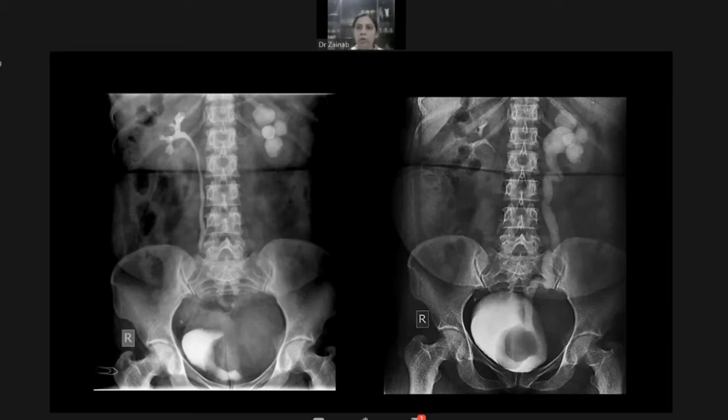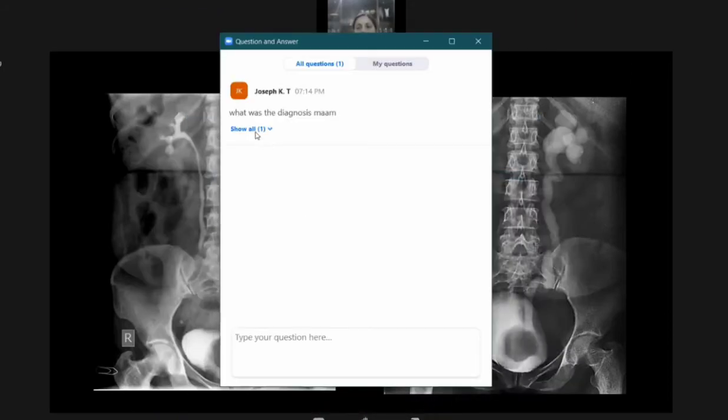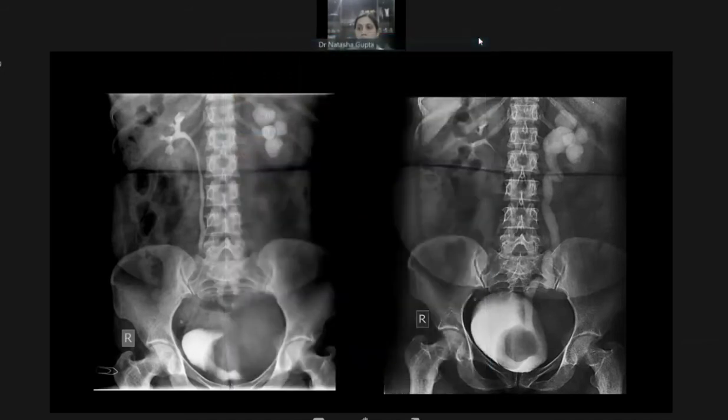Right, ma'am. So I want to ask you, see, conventional imaging is extremely important, and as sir also stressed, Dr. Upreti, more than 50% of your viva would be confined to conventional imaging. So it is important to pick whatever findings are there, and if the examiner is trying to hint at you to pick up some more things that you have missed out, then you have to have a second look on the conventional imaging. Okay, so just try and see if you are able to pick any more findings that will help you.